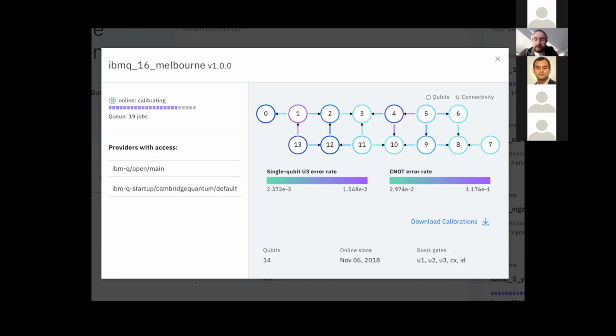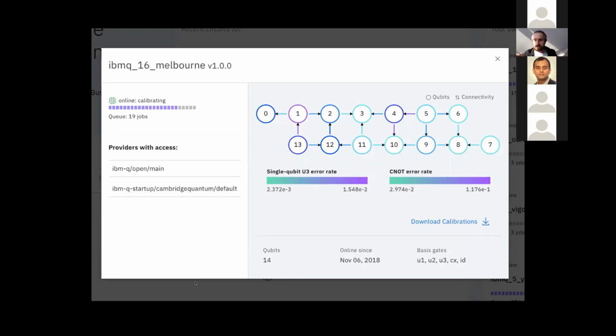And if you're slightly above that, you can see the error rates, which you may expect. So all the operations here attract some probability of going wrong in some way or another. And if you look now at the top part, you can see the layout of the machine. So each circle corresponds to a qubit, and the color again shows the error rate associated with the operations of that qubit. And the edges in the graph show the places where you can do a 2-qubit operation. And so you can't do, for example, an operation between qubit 0 and qubit 3 because they're not adjacent in this graph.